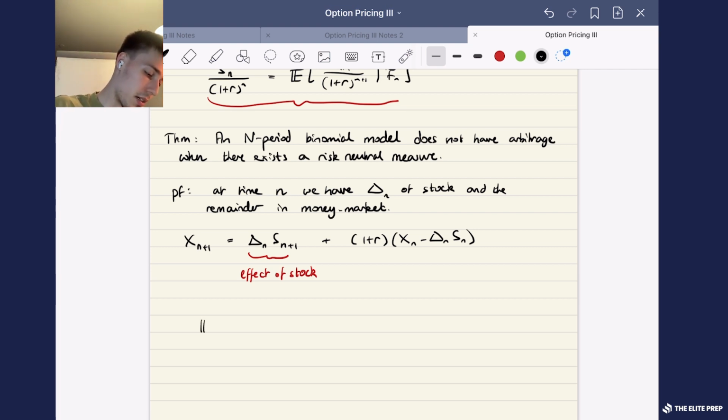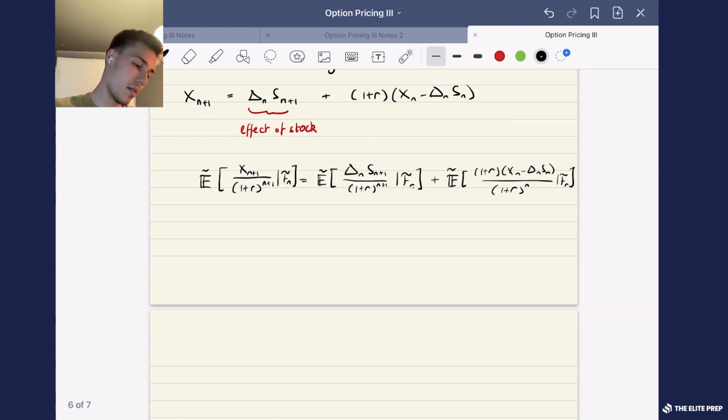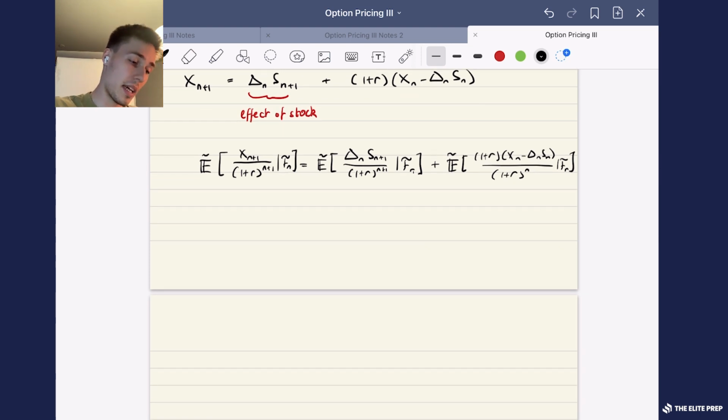So I'm going to then compute under the risk neutral measure. Then I just use linearity of expectation, and this should have been a conditional expectation. Then in both cases, I use measurability. The only thing here which isn't measurable is Sn+1. So we just have that's equal to